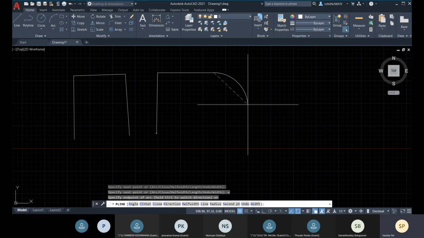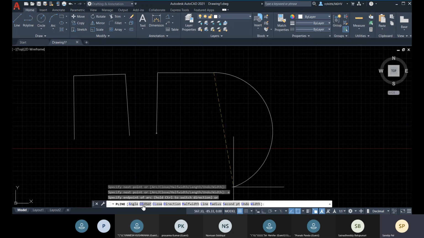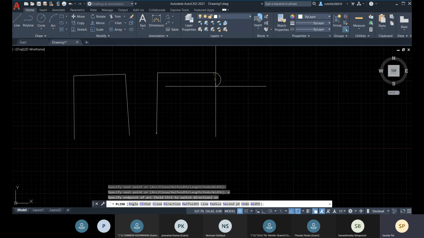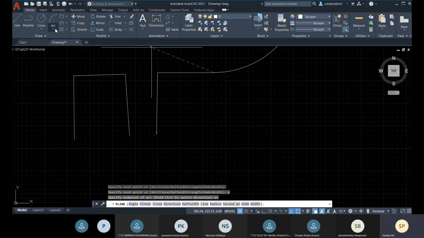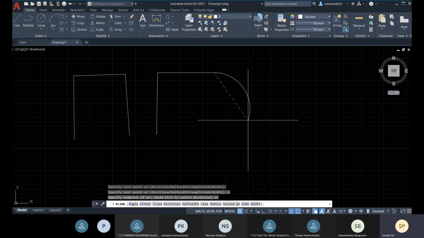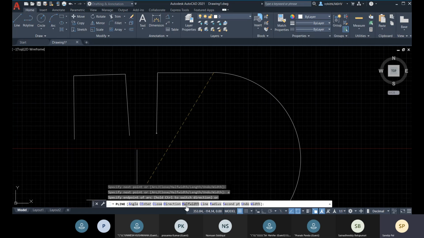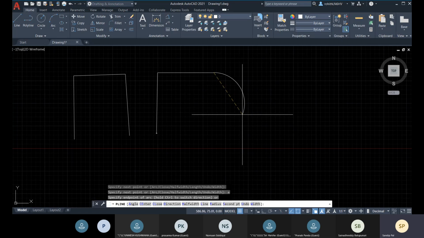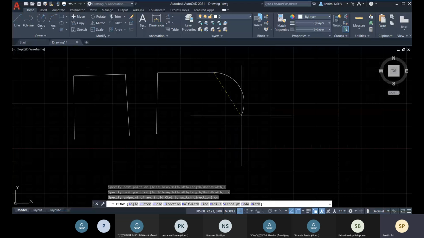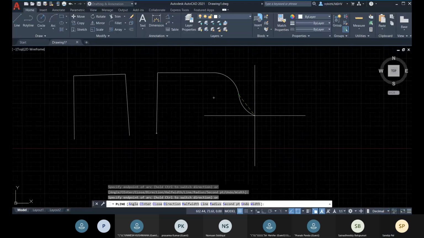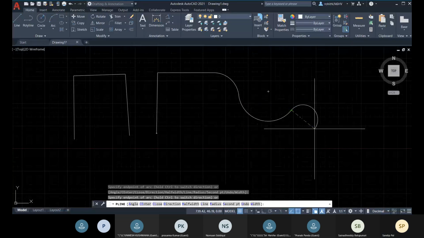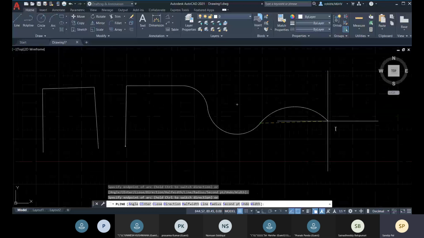So right now you are having this arc. For creating arc, we have some options. It will be clear when I talk about this arc, so you'll have the idea about all of these options. Okay. So right now, just let me have this, and like this, it will continue creating your arc.